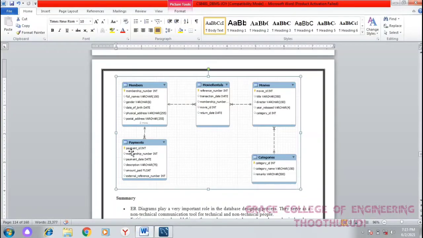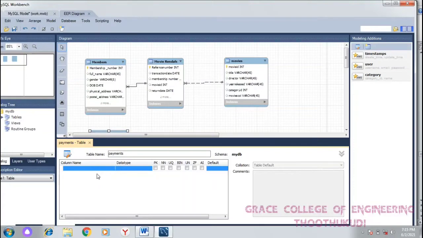The first column name is payment ID, and it's an integer data type. In the payment table we have payment ID, payment date, description, amount paid and the external reference number. So first you write the payment ID.